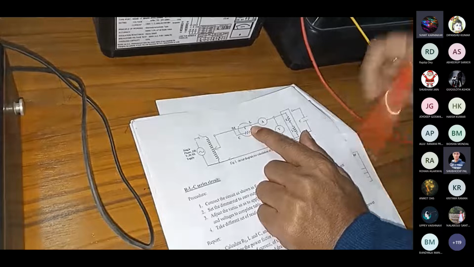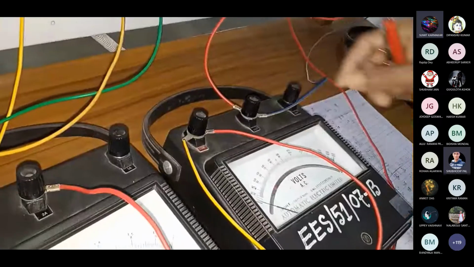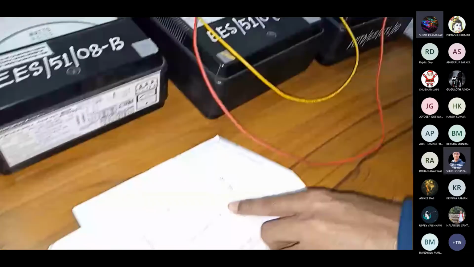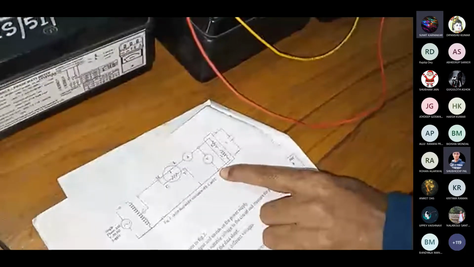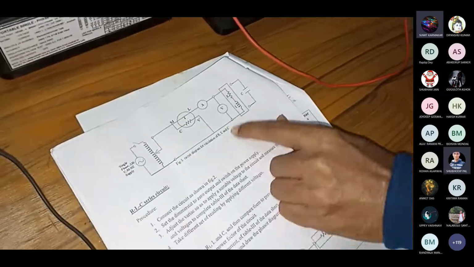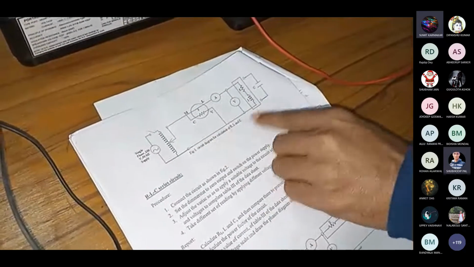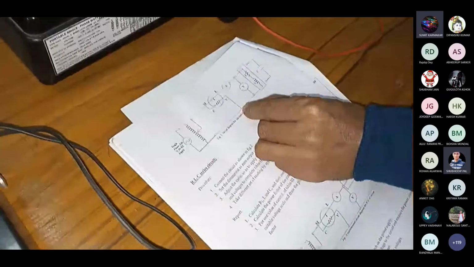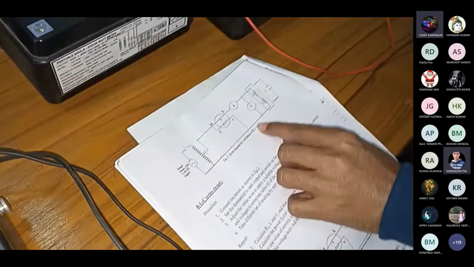The other end of the ammeter we are connecting across, we are coming to this point. So 300 volt, the voltmeter we are using is 300 volt. From this one it is coming over here, and the other end of the voltmeter is connected at this point, or it may be connected to this point because this is the reference line. You can connect it either to this one, or you can connect both of them together and then connect it to this one.